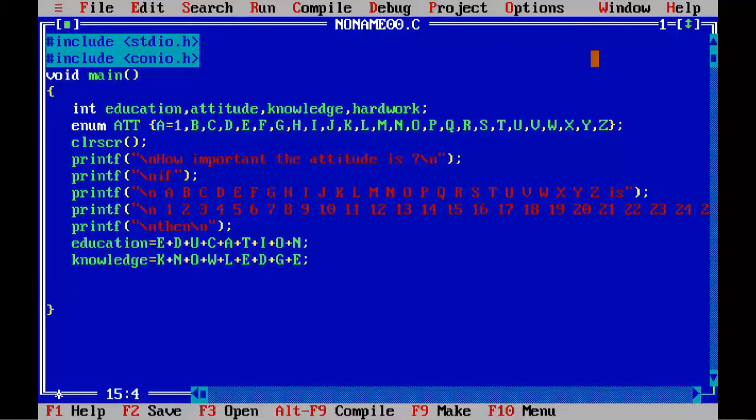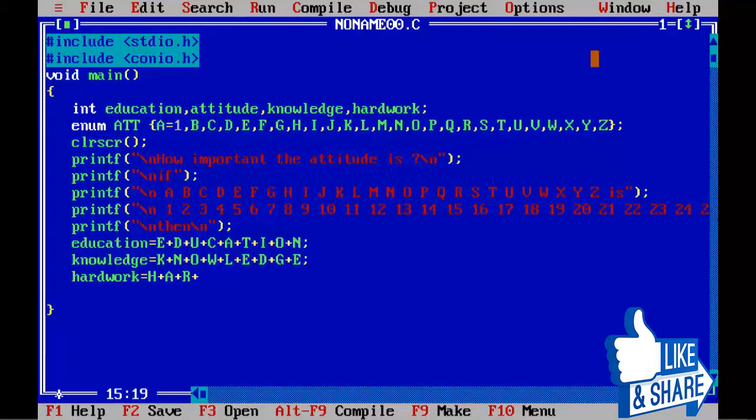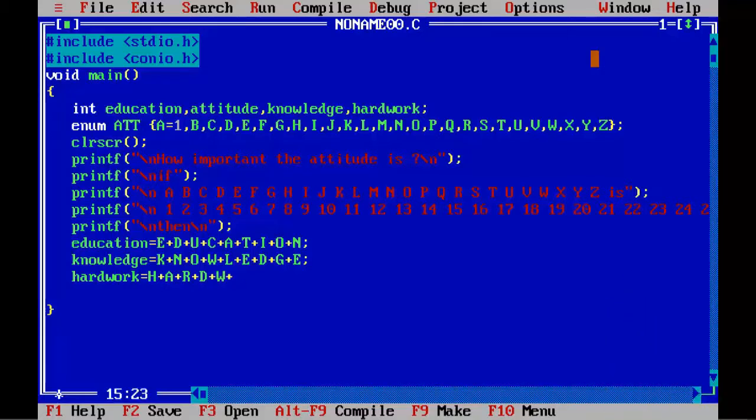Next, hardwork = H + A + R + D + W + O + R + K. And last, attitude = A + T + T + I + T + U + D + E;